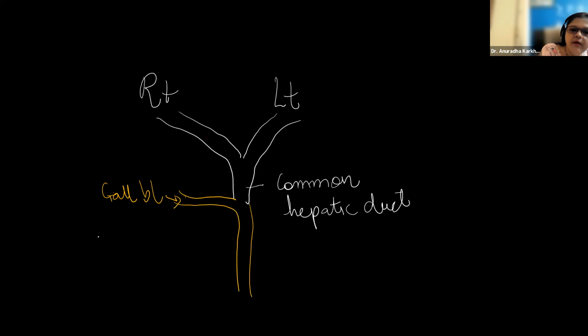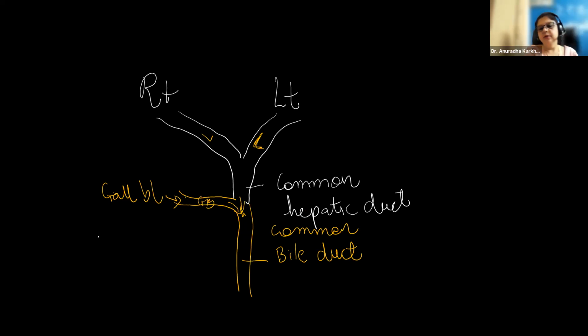This is the liver's secretion. This is also the liver's secretion. This is your gallbladder's secretion, which will now enter this zone. So this came from here, this came from here, this came from here. All come together, and now they will be called the common bile duct. Yes, they will mix together into the bile duct. Yes, Bhumi, you're right. So the liver secretion and the gallbladder secretion will mix together in the common bile duct.